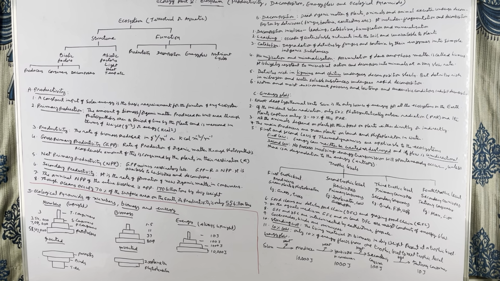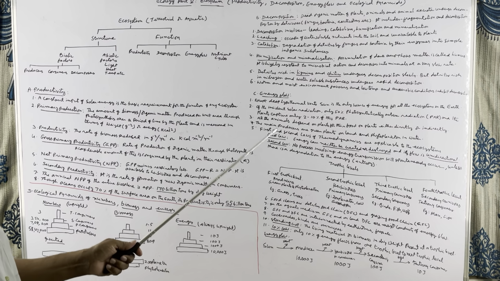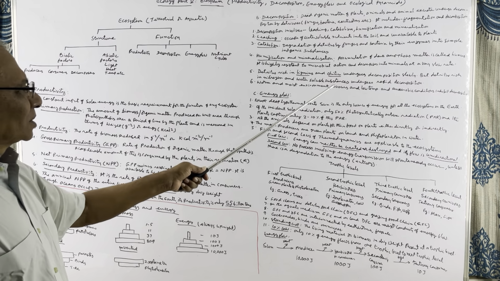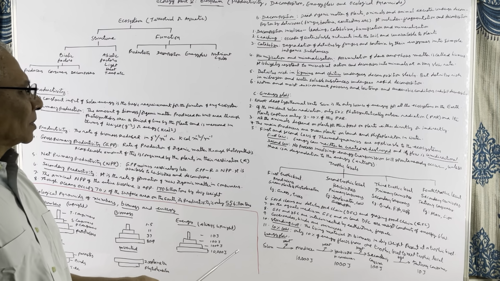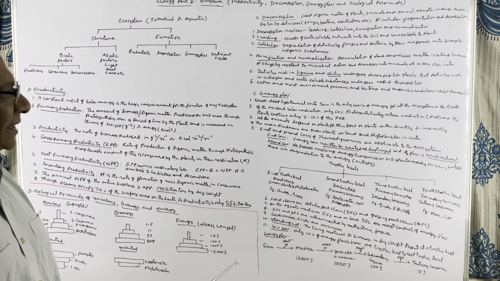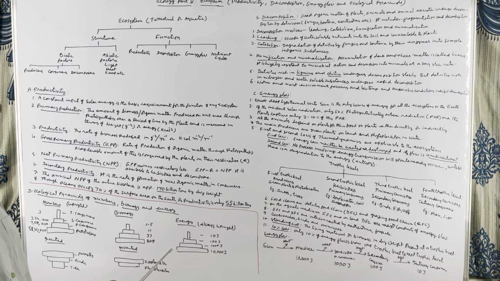Then, for decomposition, a warm and moist environment is required. If the environment is moist and warm, the rate of decomposition is fast. On the contrary, if the temperature is low and the moisture is absent or the conditions are dry, the rate of decomposition will be slow. So, a warm and moist environment favors, and low temperature and dryness slow down the decomposition.